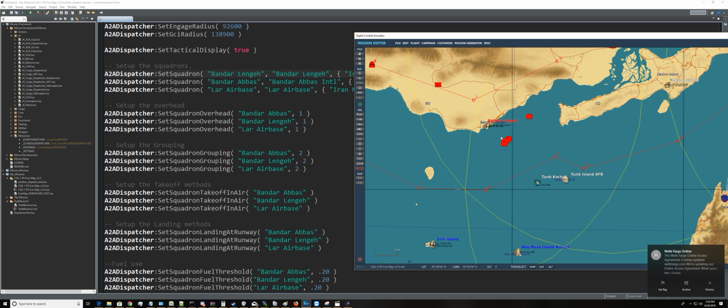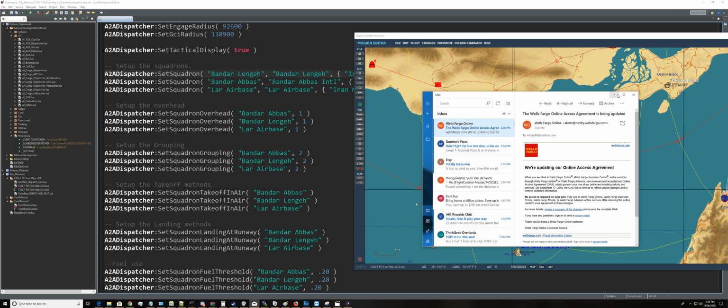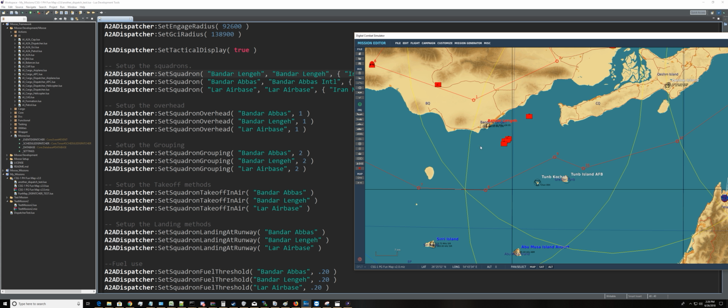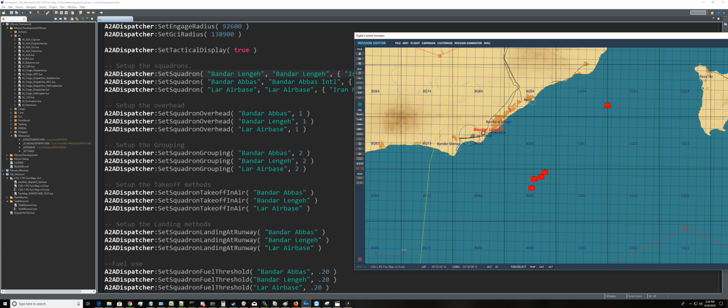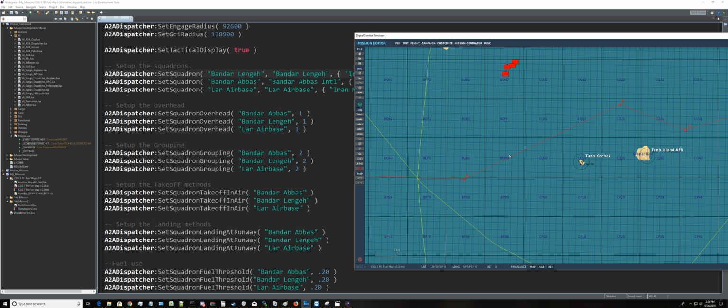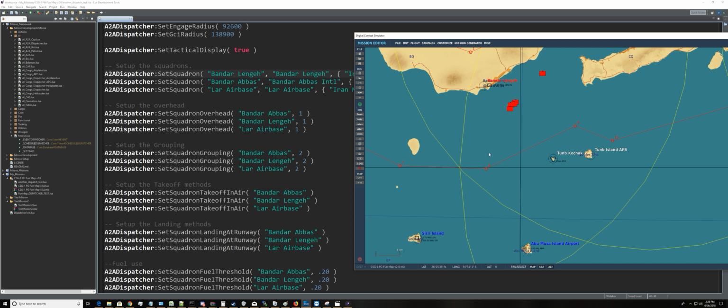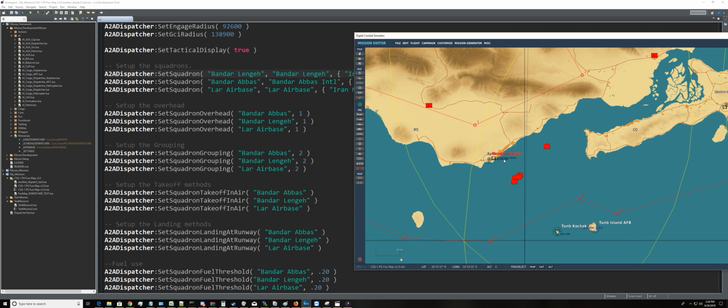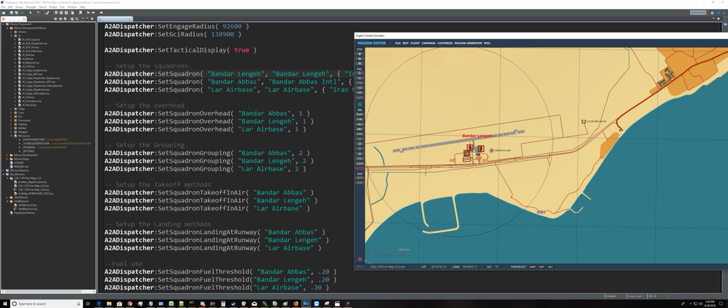What we want to do though is, with an air start, they start moving quicker. So it actually simulates, I think, a better scenario of okay, these guys are ready to roll. So, ready to go. Landing at runway. The issue I found if you did landing on engine shutoff,